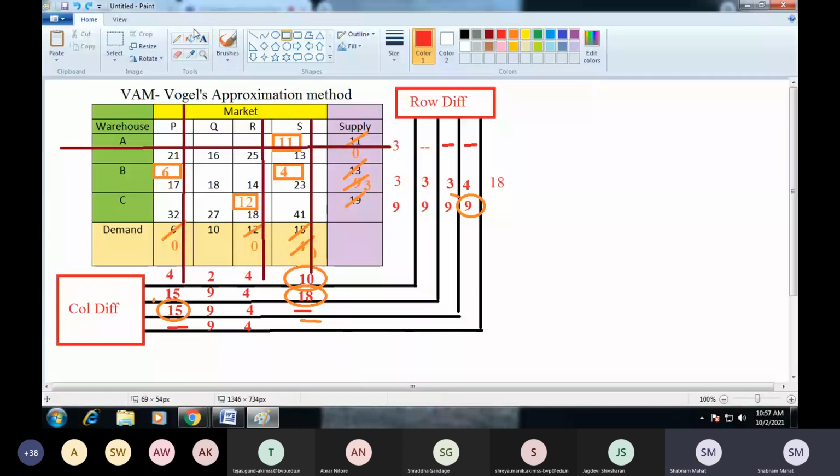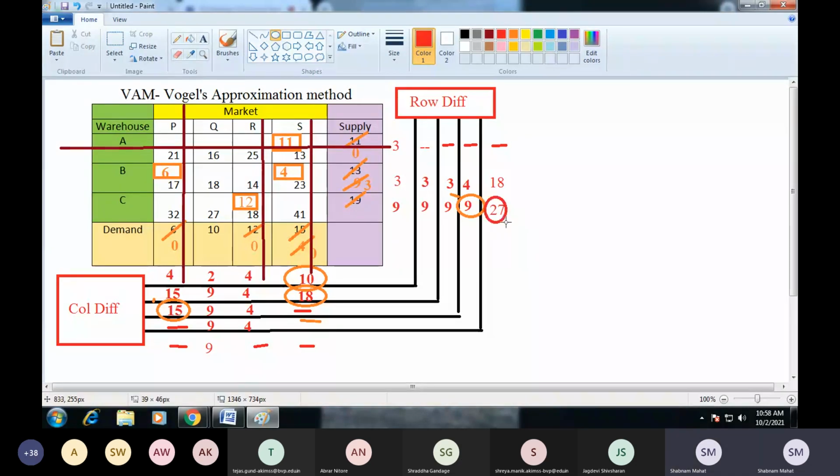So in this way, we find the penalty for our rows. Again, check the penalty for the column. There are two values, 18 and 27, so it's possible to find the difference between both values. So here 9 is my penalty. As you know, the first row is removed from our consideration, the first column is also removed, and now the third row, third column and fourth column are removed from consideration. Now check where the maximum penalty is. My maximum penalty is now 27.